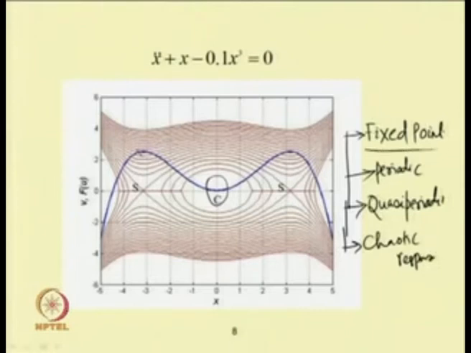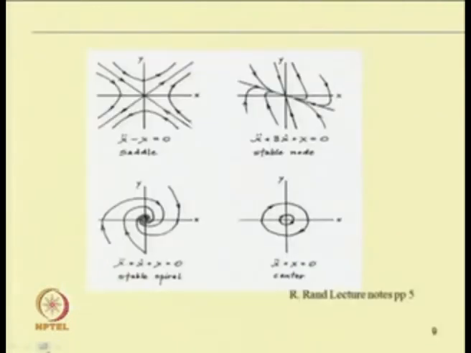In case of fixed point response also, we can have a trivial response or non-trivial response. For example, take this equation: x double dot minus x equal to 0. If we put x double dot equal to 0, we can find that x equal to 0 is the equilibrium point. So, corresponding to this x equal to 0,